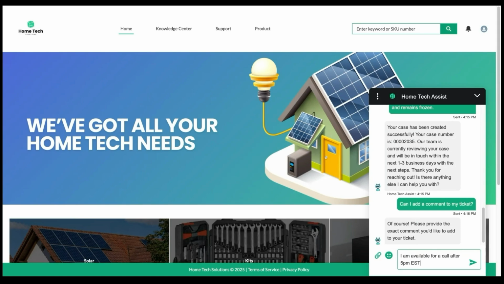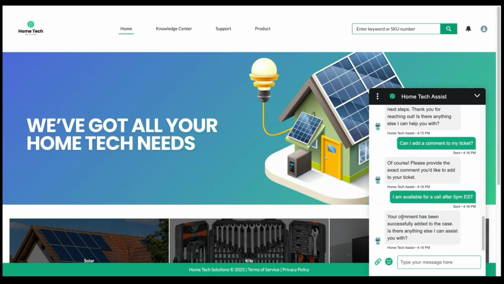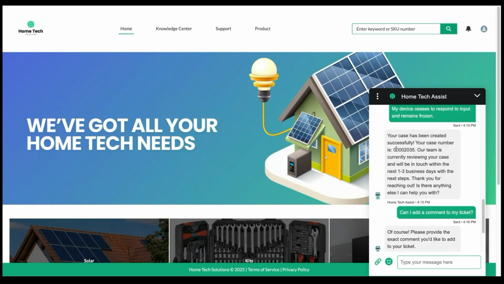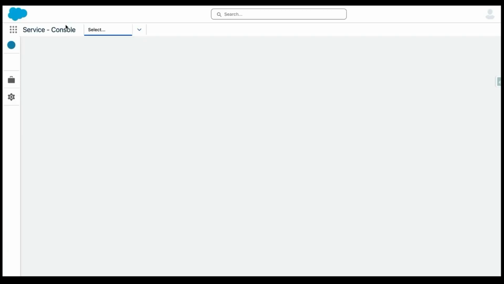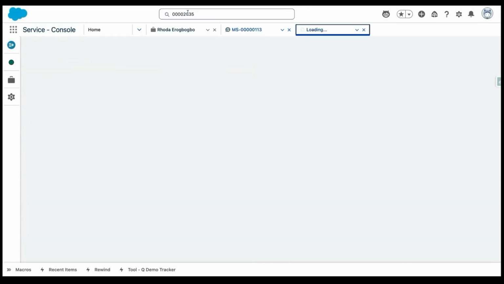EST." And so we put that into the widget, and what is supposed to happen is that the service agent will go behind the scenes and add a comment to that particular ticket. So we'll give it a couple of minutes to do that, and we will go check this for ourselves in Salesforce to see that it actually is there. So the case number is 0002035. And so if we go into Salesforce and search for this particular case,